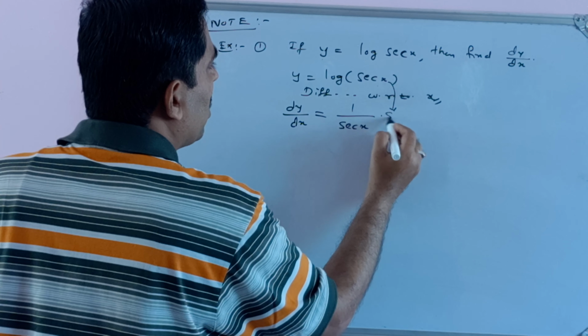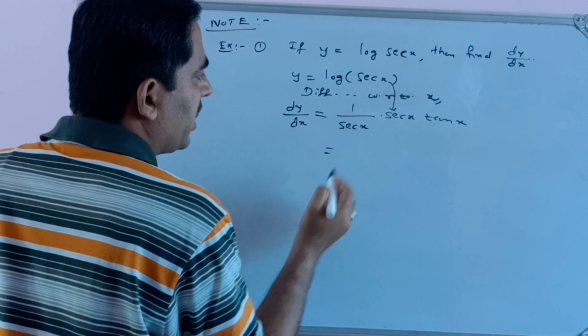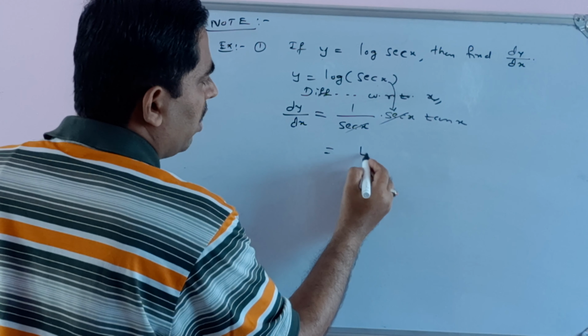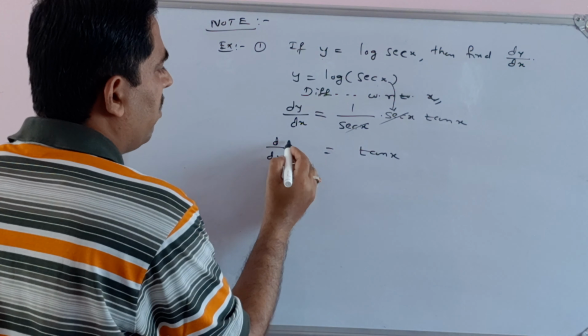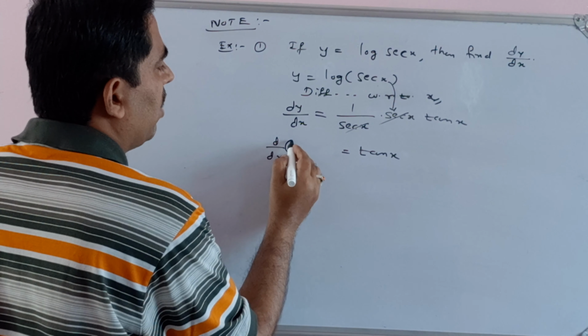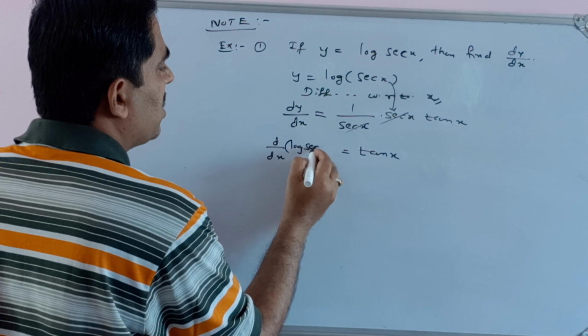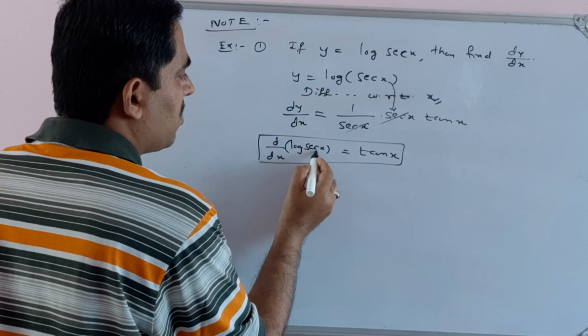Derivative of secant x is what? Secant x into tan x. By using the chain rule, this secant x cancels, so I'll get tan x. Therefore, what is this derivative? We have taken y as log secant x. See, I got the derivative of log of secant x as